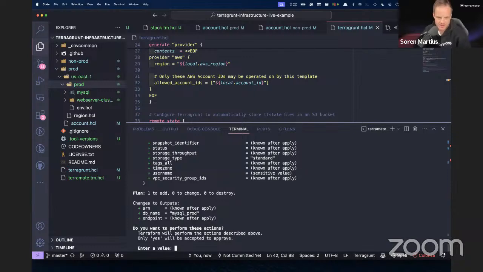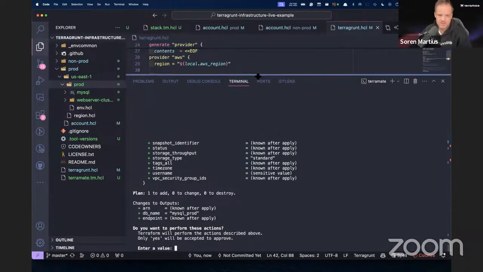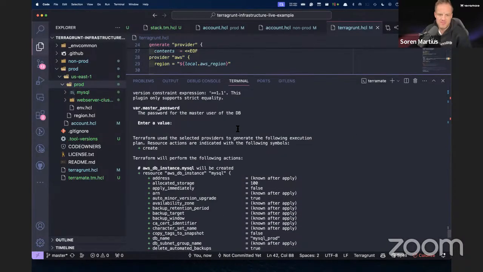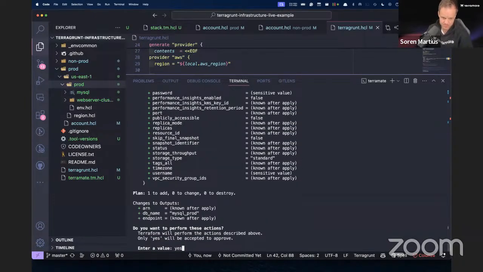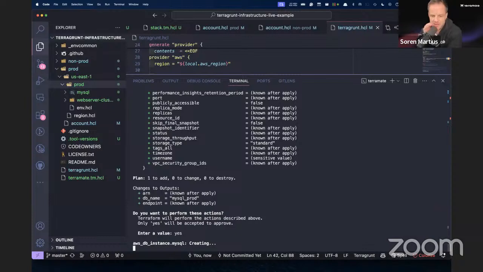All right. Do you want to perform this action? So let's look at the plan here. So it basically detected the MySQL instance stack first to deploy this, and then it will take the web server cluster. So let's do this. Let's deploy a MySQL instance